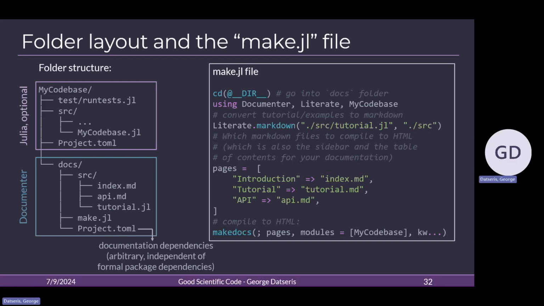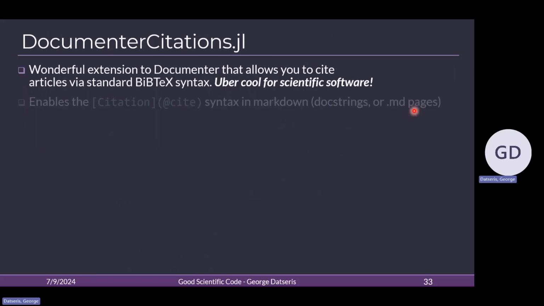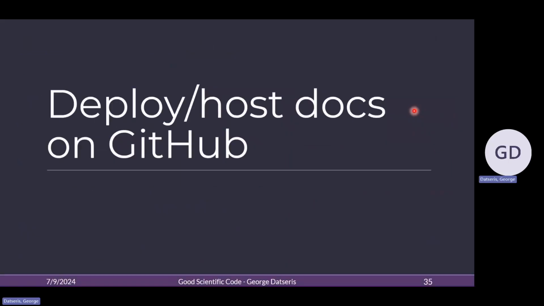Right. Hello, everyone. We have to continue to the next step. I'm sorry. If you haven't made it work, don't lose hope. You will, I promise. Because the next step is combined pretty much with the current step. And this is, given that you have this framework that can make the HTML pages, how do you host them somewhere for free so that others can actually read them? Because expecting people to create the documentation is way too old school for us. We are not in the Fortran decade, so we can just host our documentation online. Let's see how.